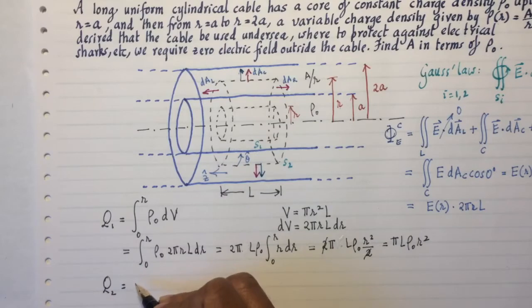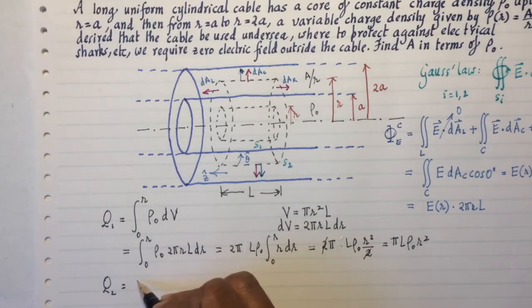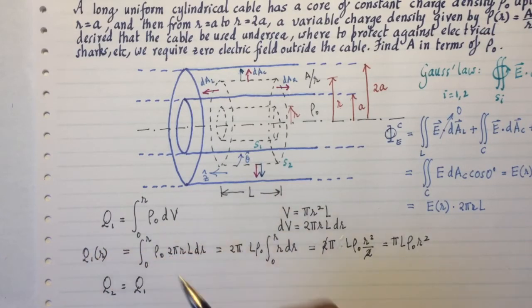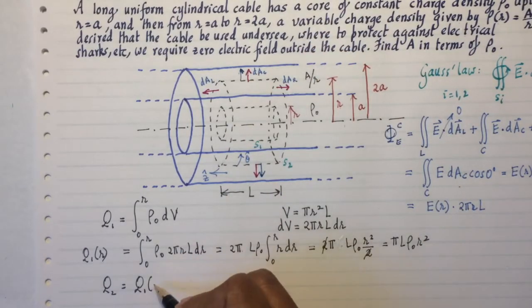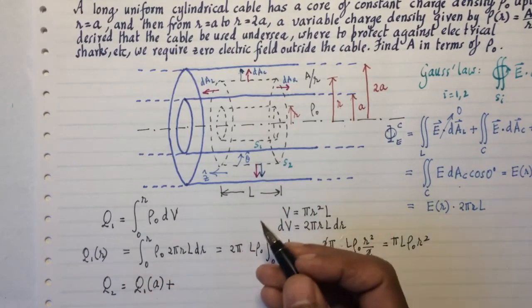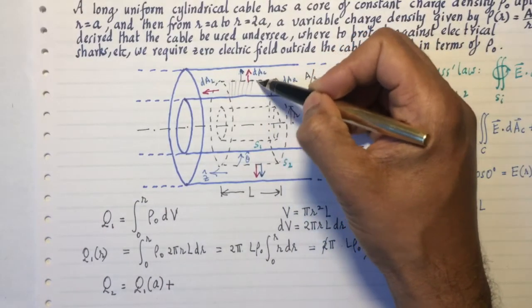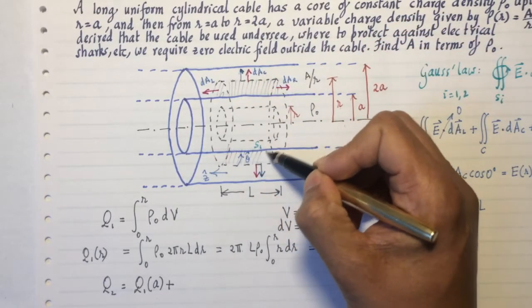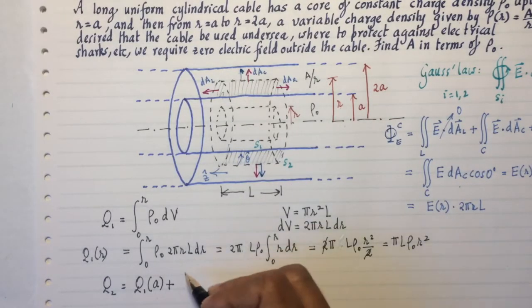Q2, well, this is Q1 enclosed by the Gaussian surface, so Q2 will be the total charge enclosed by Q1. So I'll write this as Q1 as a function of r, because that emphasizes that we're talking about the Gaussian surface and not the total charge of that portion. It's going to be Q1 as a function of A plus whatever new charge is enclosed by the portion that's not, so I'm talking about this portion, because this is the portion that is not in the core. So whatever is in the sheath will be the next thing that you add,